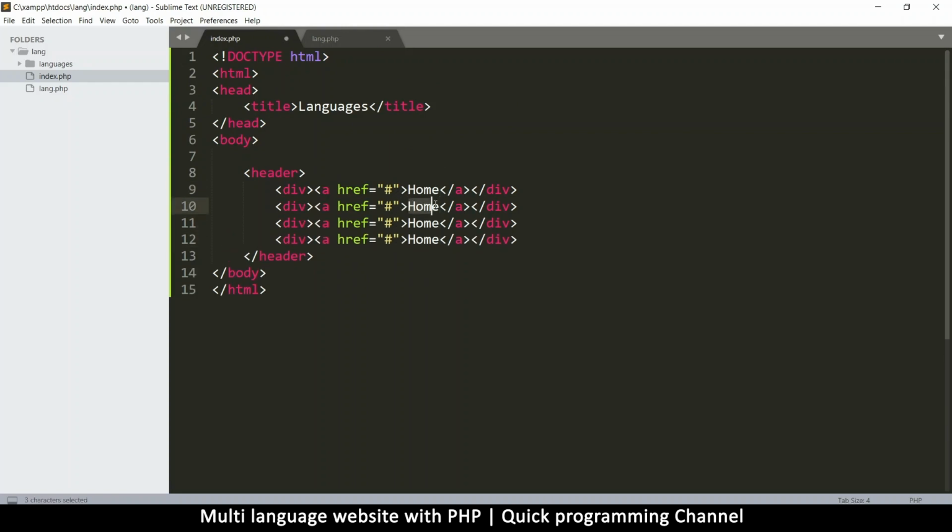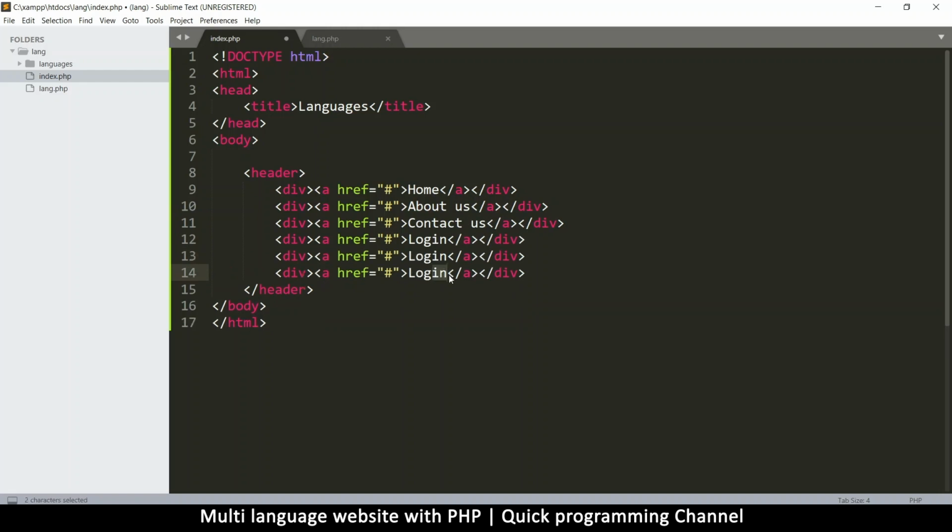Duplicate these guys a few times. So there's home, there's about us, and then we can go to contact us, and then we can go to something like login, sign up, log out. So this one, log out, and sign up. Okay, so login, sign up, log out, and then just a few things so we can have something here, maybe